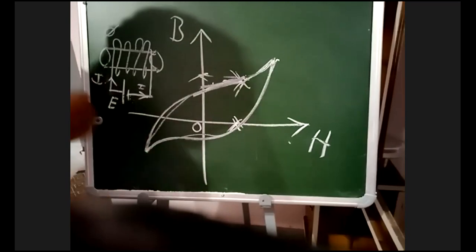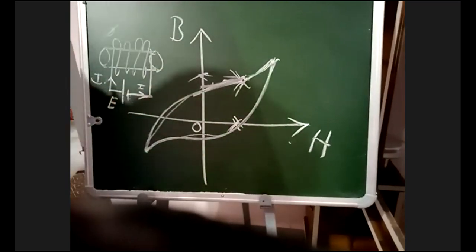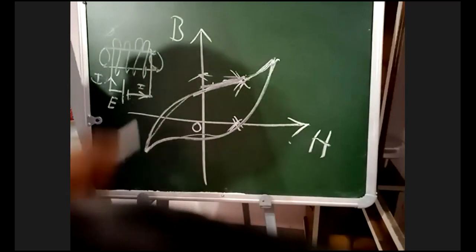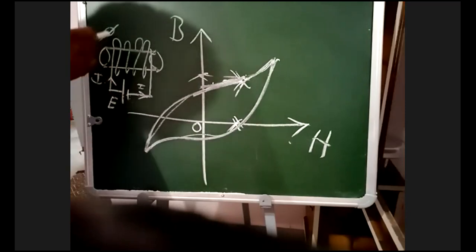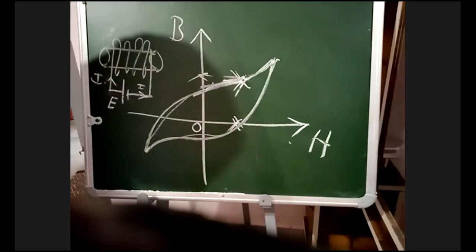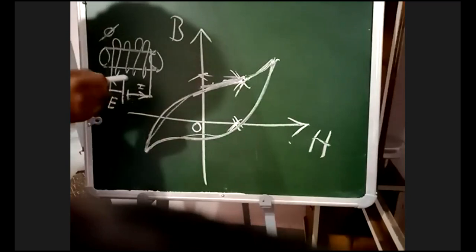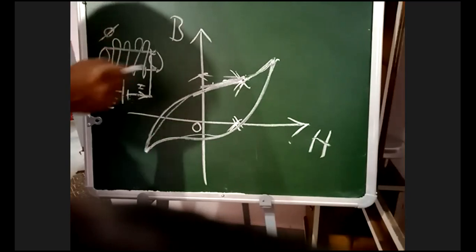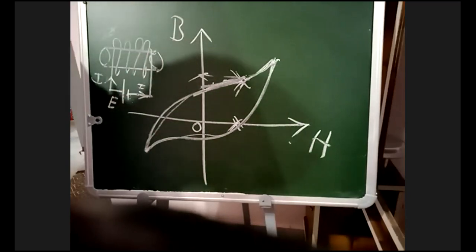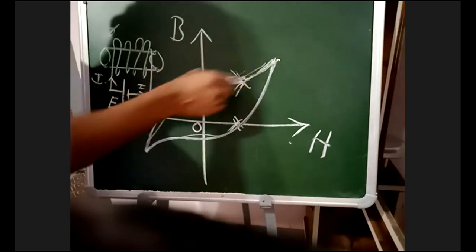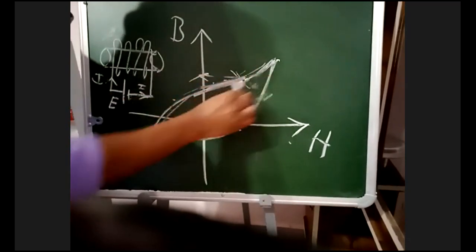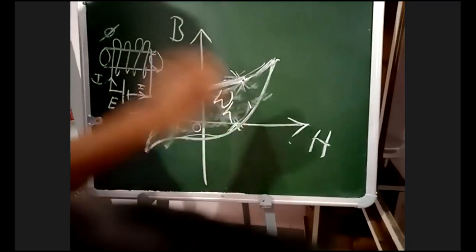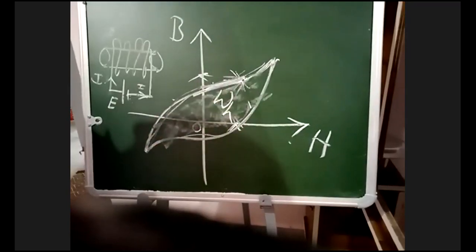How are we magnetizing in the forward and backward direction? By changing the current direction. If you change the current direction, automatically the flux developed is also in the forward and backward direction. Due to this current, magnetic flux is developed. This magnetic flux is magnetizing the iron piece as a magnet in the forward and backward direction, and we are drawing the curve. The area under this curve is called hysteresis loss. Write down side heading hysteresis loss.